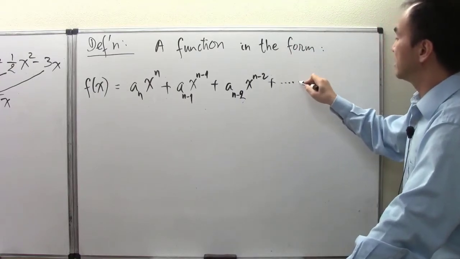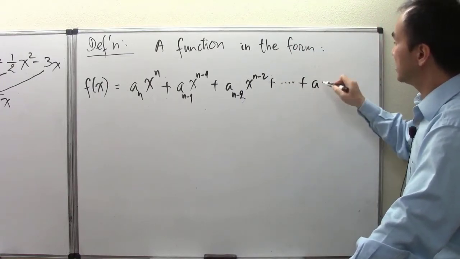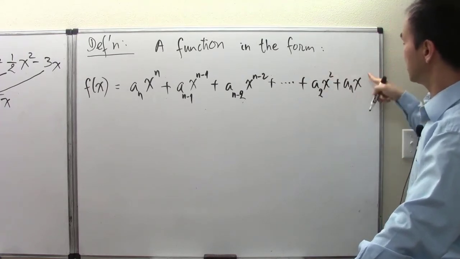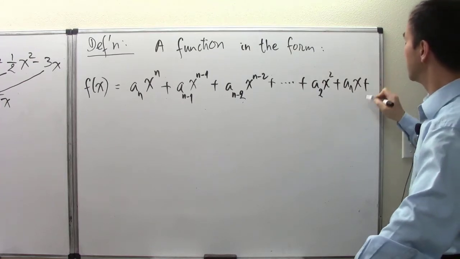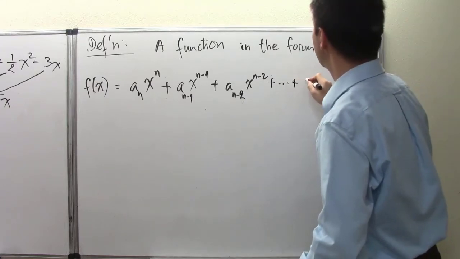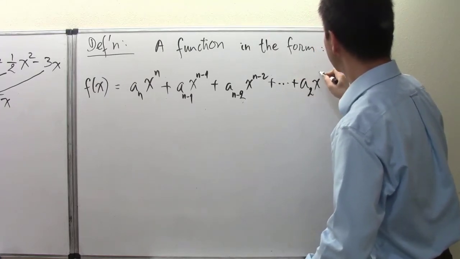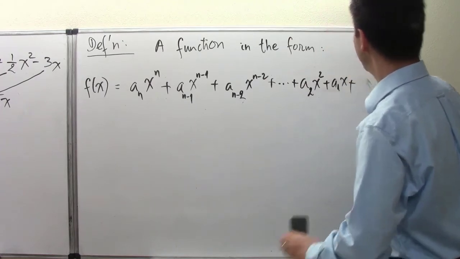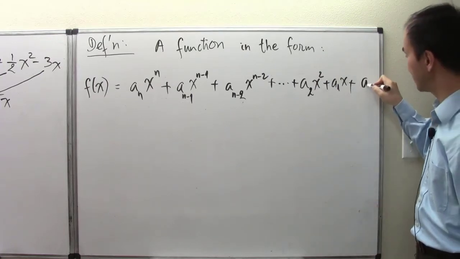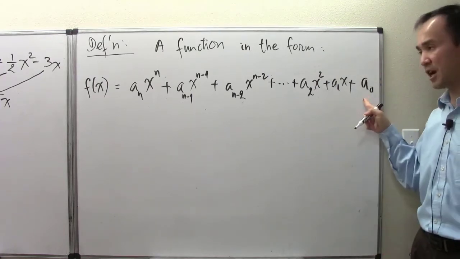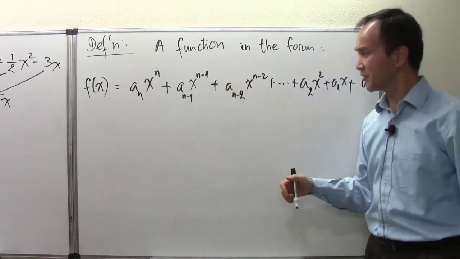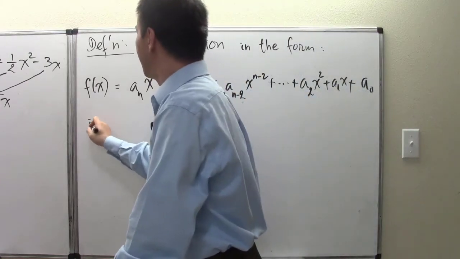All right, and keep adding until we run to this a2 x squared plus a1 x. This is power 1, and plus. So now we see eventually, after we squeezed out all the powers here, this last one is a constant term, so I call it a sub 0. This is a constant term. All right, so any function in this general form right here is called